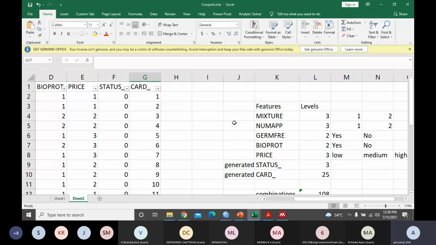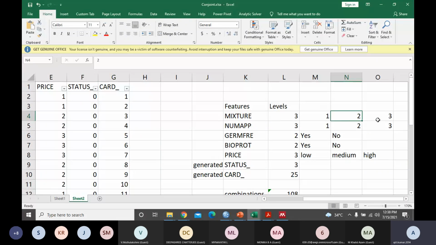So maybe for OS, the operating system will have only 3 levels, maybe Android, number 1. Another could be Windows. The third could be iOS by iPhone. Maybe battery life. There could be a price index. There could be technology, whether it's going to have 5G technology, yes or no. So we are thinking of some product that is to be launched in the future, right?